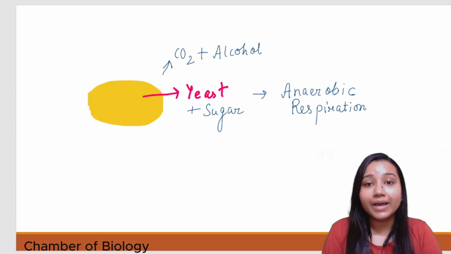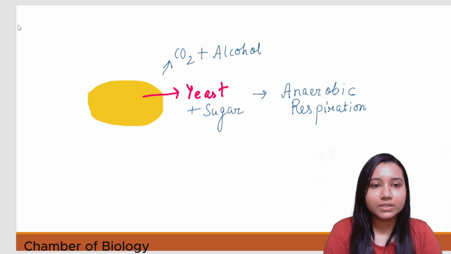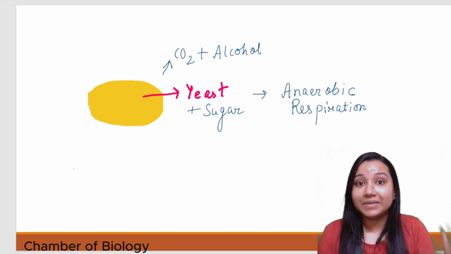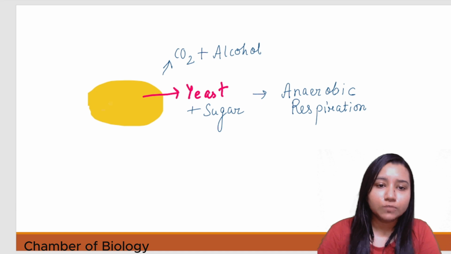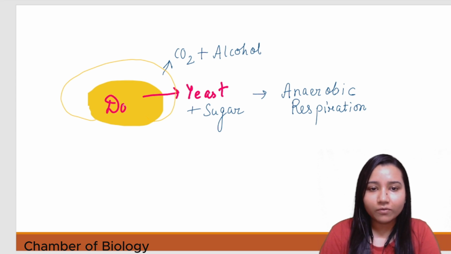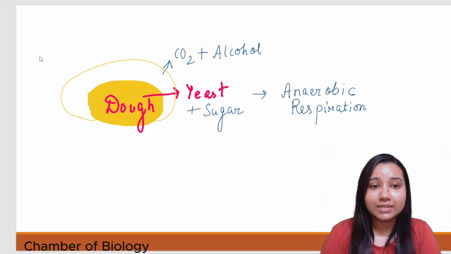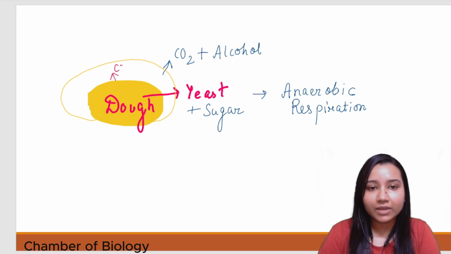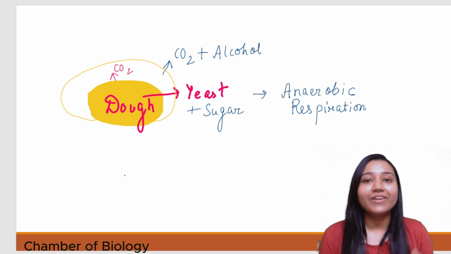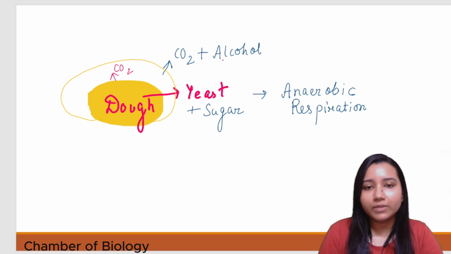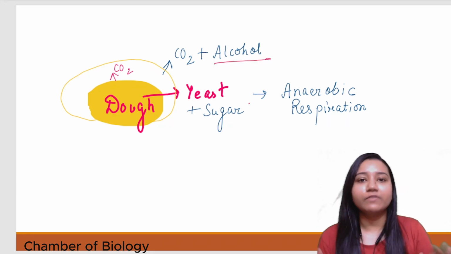As the carbon dioxide is released, we are going to notice something very good. That is going to help in making the pizza bread or any kind of bread fluffy. So we will see that the size of this dough is going to increase. Why does it increase? It is increasing because there is release of carbon dioxide, which is making our dough fluffy. And when we bake it, we are going to get very good breads as well. But what about the alcohol? When we are baking, the alcohol evaporates as well.